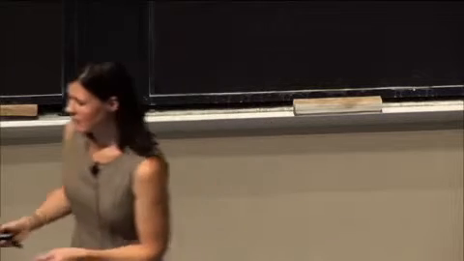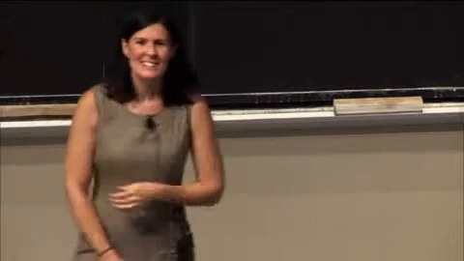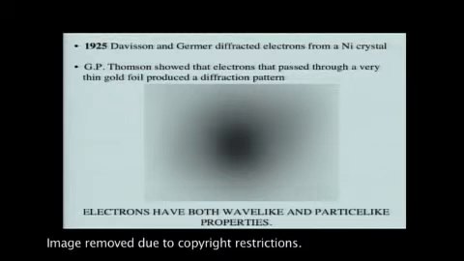And this is a picture. It is a picture from your book here showing the diffraction pattern of an electron going through that gold foil. So you can see that, in fact, it's confirmed that an electron can have both wavelength and particle-like behavior. And it turns out that Davisson and Thomson shared a Nobel Prize for this discovery of seeing the